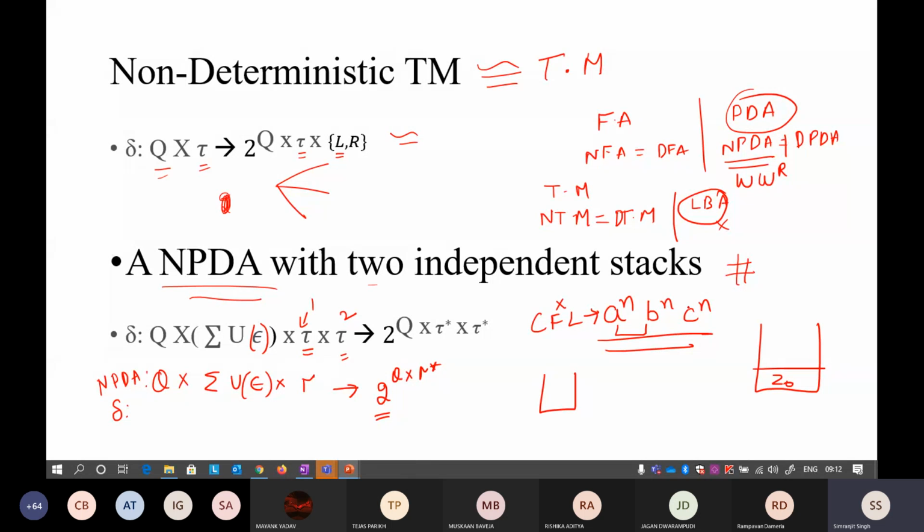Now the student has said that we can draw a push down automata of this particular language by pushing when you are seeing the a's. Suppose when you are seeing an a, you can push two a's. So the argument was, when you're seeing the a, you can push two a's. Suppose this is one a, I push two a's. For this a, I can push two a's again. For b, I can pop it, for the second b, I can pop it again. For c, I can pop it, and for the second c, I can pop it again. So that seems a valid solution, that you can do it like this and your automata can be built. So this particular language should be a context free language.